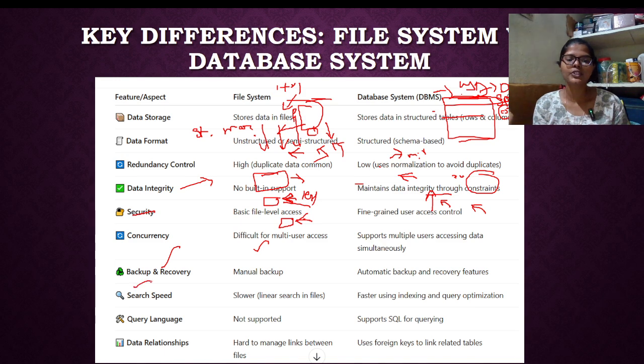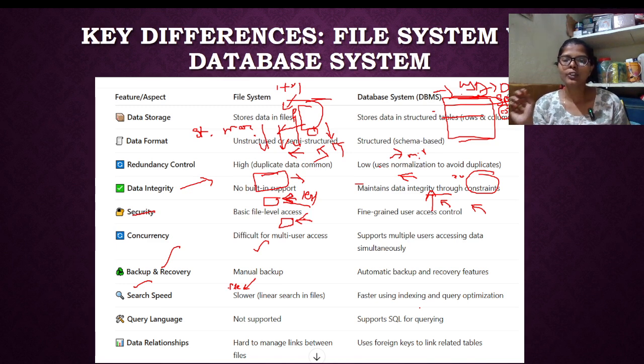Next, searching speed. If you want any data from a particular file, it takes some time to search each and every line, and then it will find it. So the manual intervention is here. In a database management system, it will search for the particular data using indexing. Think of how we access a particular book in a library: at which row, at which rack, we get that information.